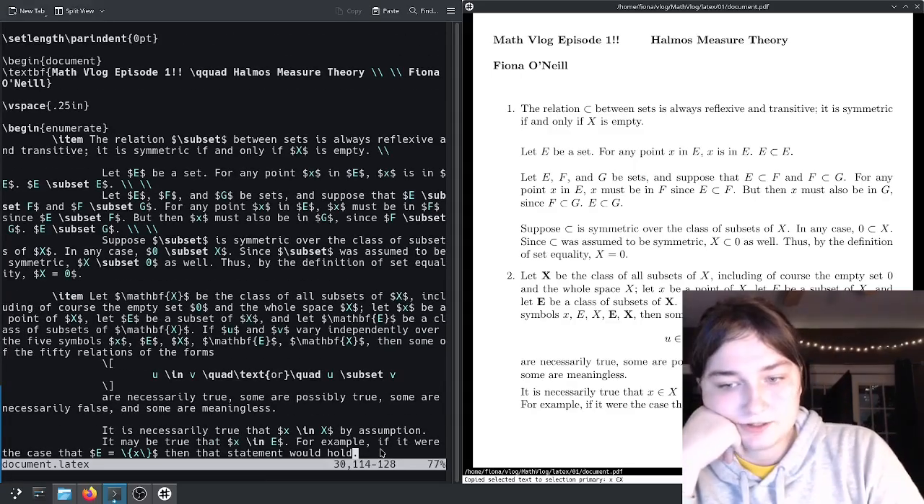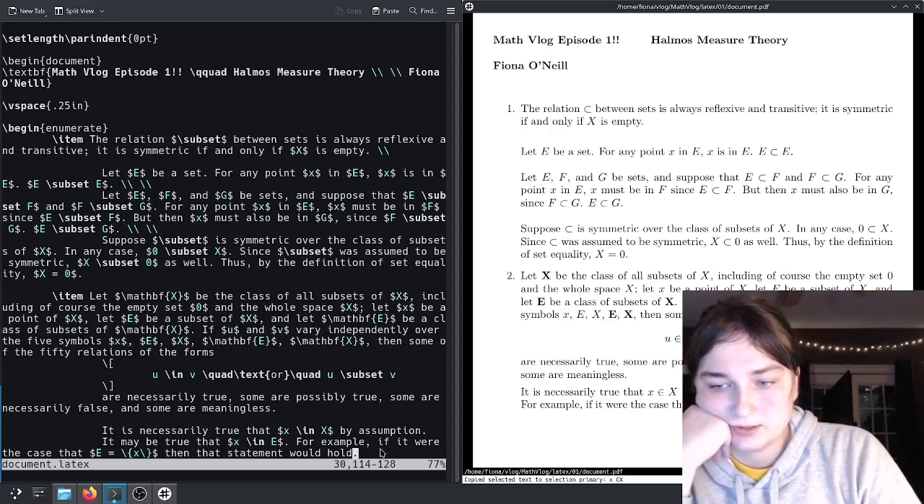Is it necessarily true that X is in X by assumption? It may be true that X is in E. For example, if it were the case that E equals the singleton containing X,